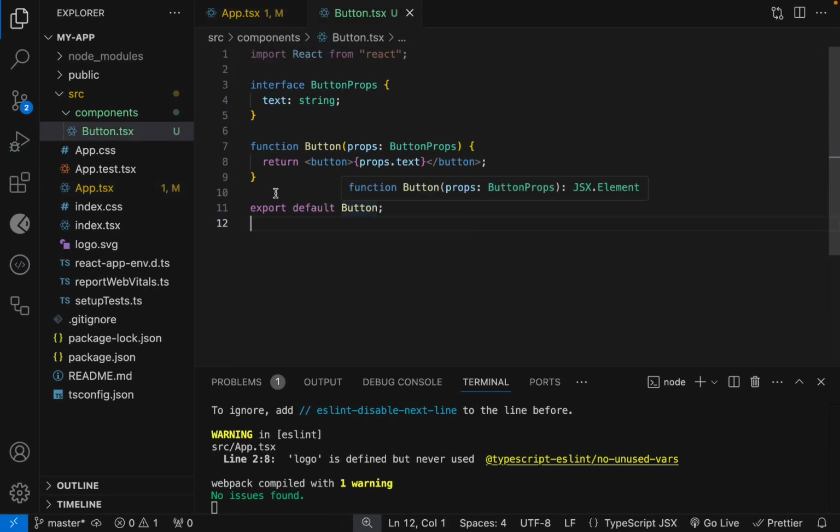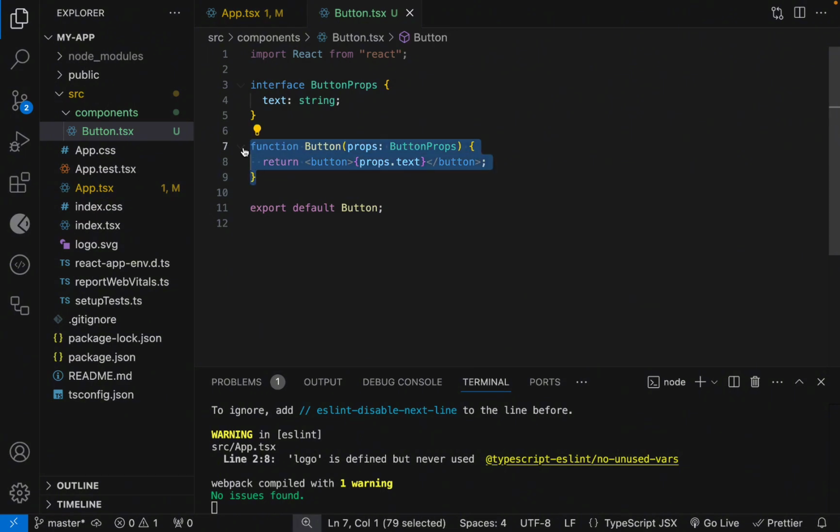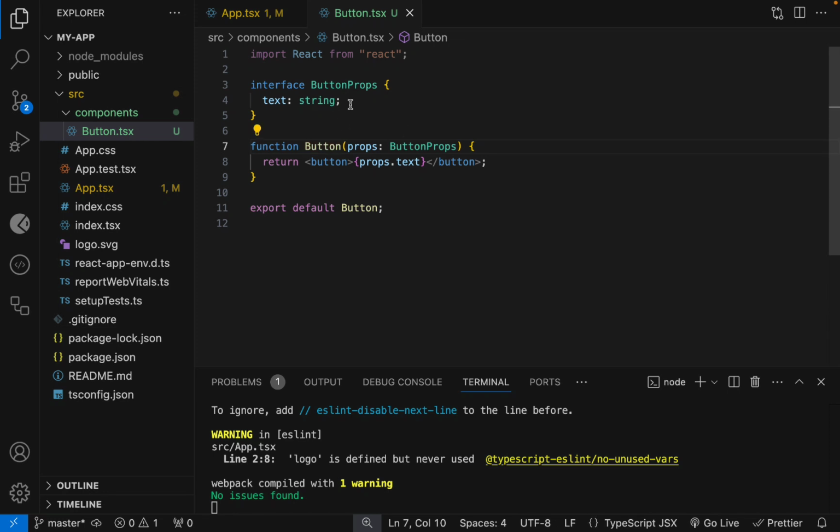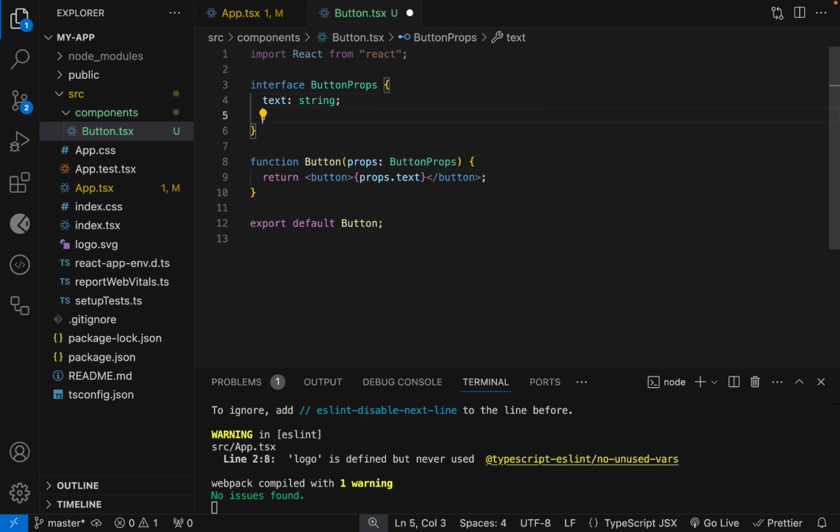And so that is how we can create a reusable component by passing props into them and then using them anywhere in our app. Now let's discuss prop types and validation. So TypeScript helps us to ensure that our components receive the correct props. So let us modify our button component here, and instead of just having the title here, let us have color,